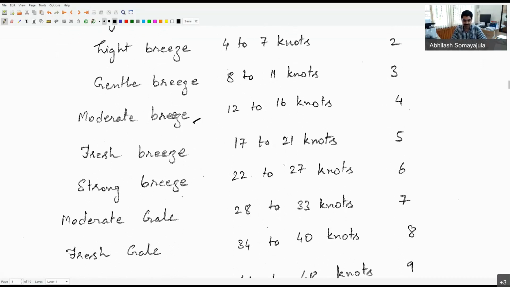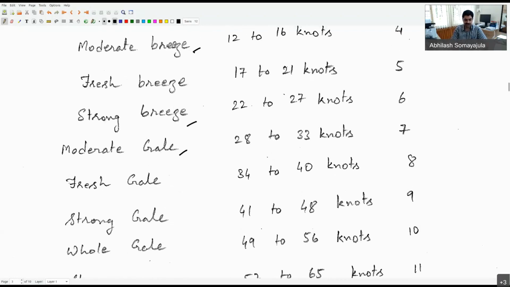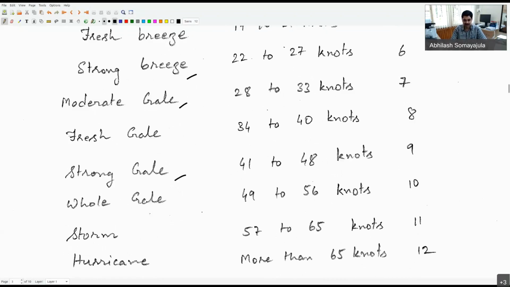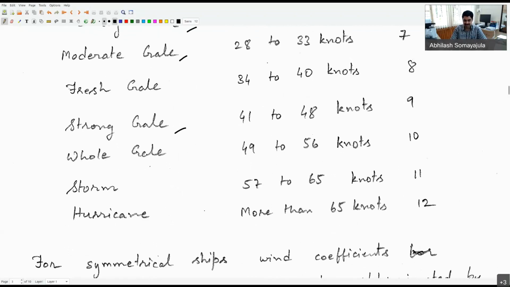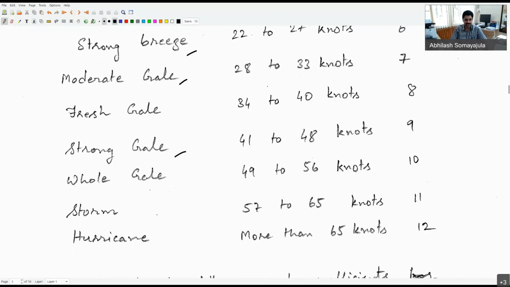22 to 27 is a strong breeze. 28 to 33 is a moderate gale. 34 to 40 knots is a fresh gale. 41 to 48 is a strong gale. 49 to 56 is a whole gale, and then 57 to 65 is a storm, and more than 65 knots is a hurricane. Okay, so that is how we define the different levels, and these Beaufort scales are also given